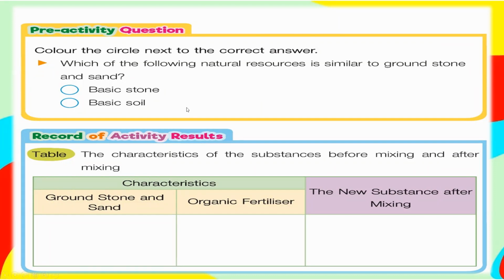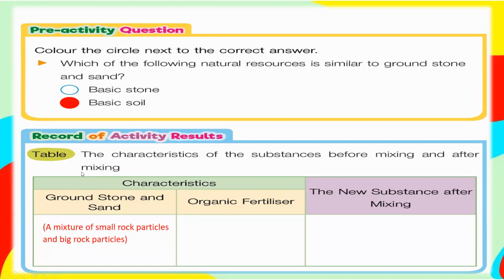So the similarity of the natural resource and the ground stone and sand, they are actually basic soil. Okay, they are basic soil, not basic stone. All right, students. Now, what do we observe from that practice we do already? So for the record activity, we are going to have here